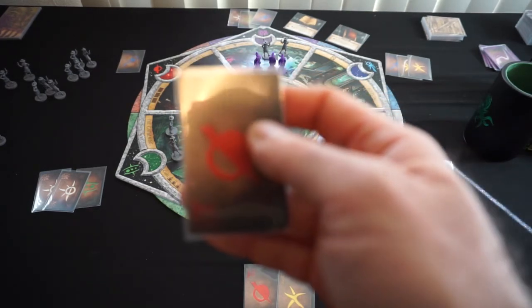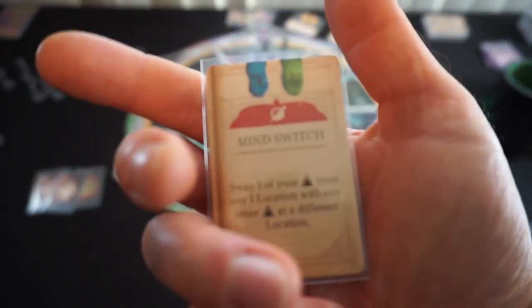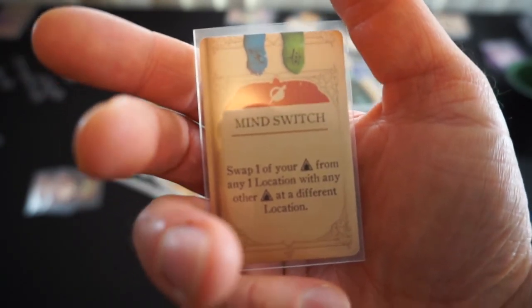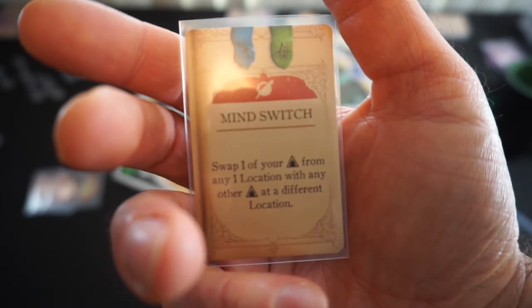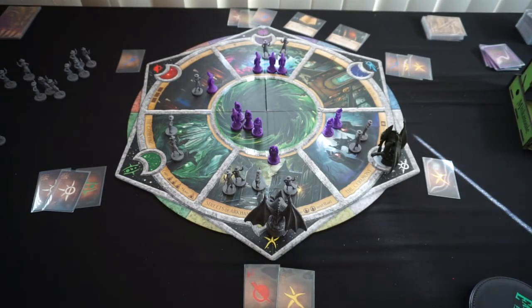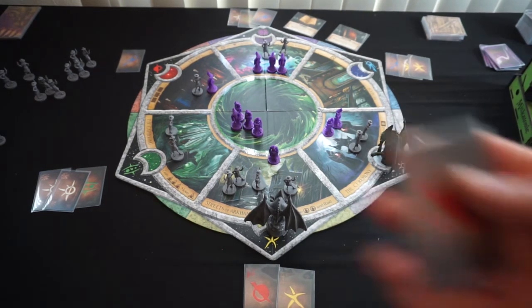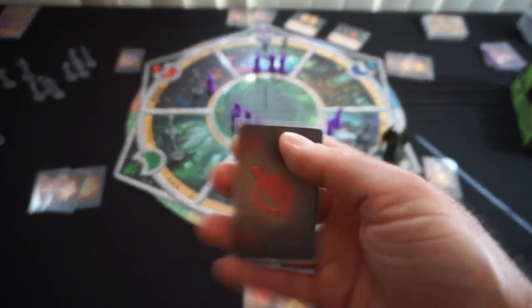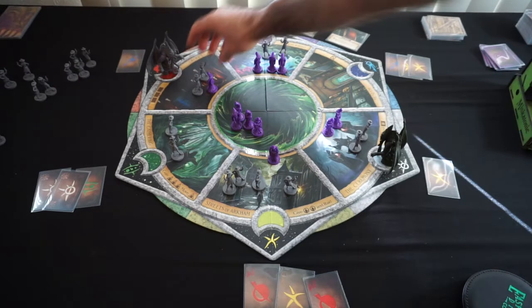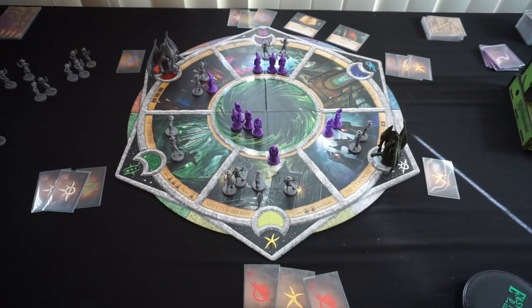Then on a red, mind switch with a blue and for a blue and a green. Swap 1 of your cultists from any 1 location with any other cultist at a different location. But we'll just use the investigators to swap that. So anyway, the investigators will discard a red from the streets of Arkham to move up to the library and place another investigator there. For my turn, from the ceremony, I will discard a...